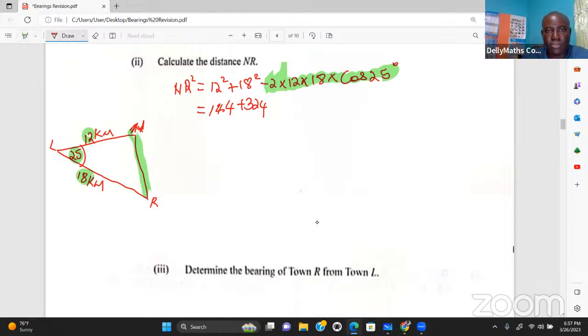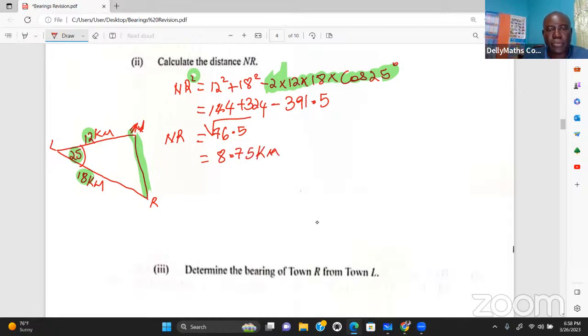And we're looking to subtract 391.5. 144 plus 324 minus 391.5. And this is giving us 76.5. Now to find NR, because NR actually had a square on it earlier, we'd have to take the square root of both sides. So taking the square root of 76.5 is going to give us about 8.75